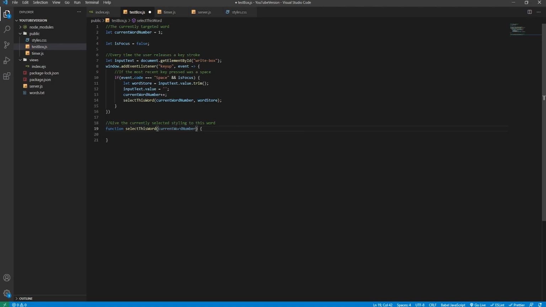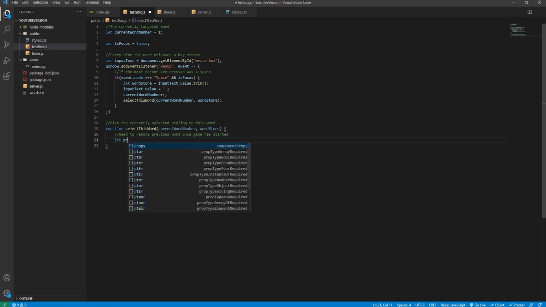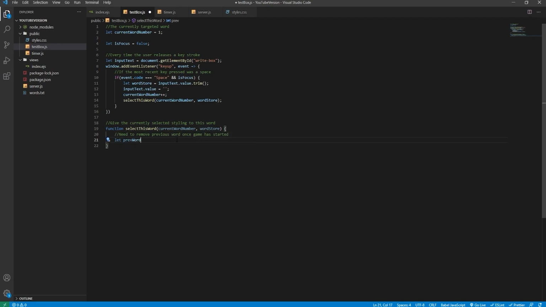Current word number, we'll call that one, and the second one will be called word store. We'll keep the names the same just for consistency. We'll create a comment, we'll say need to remove previous word once game has started. So what we'll do, we'll create a reference, we'll say prev word, also an unassigned variable, and we'll say if